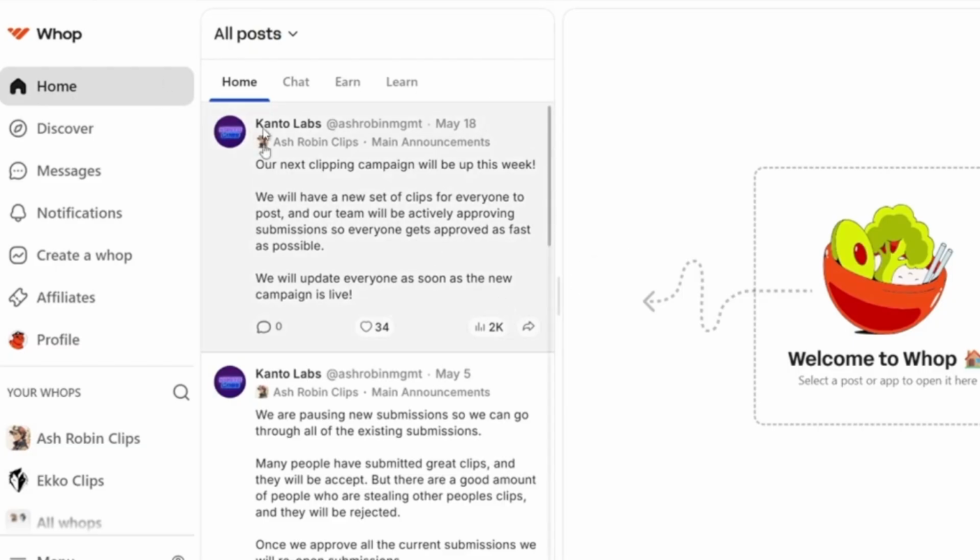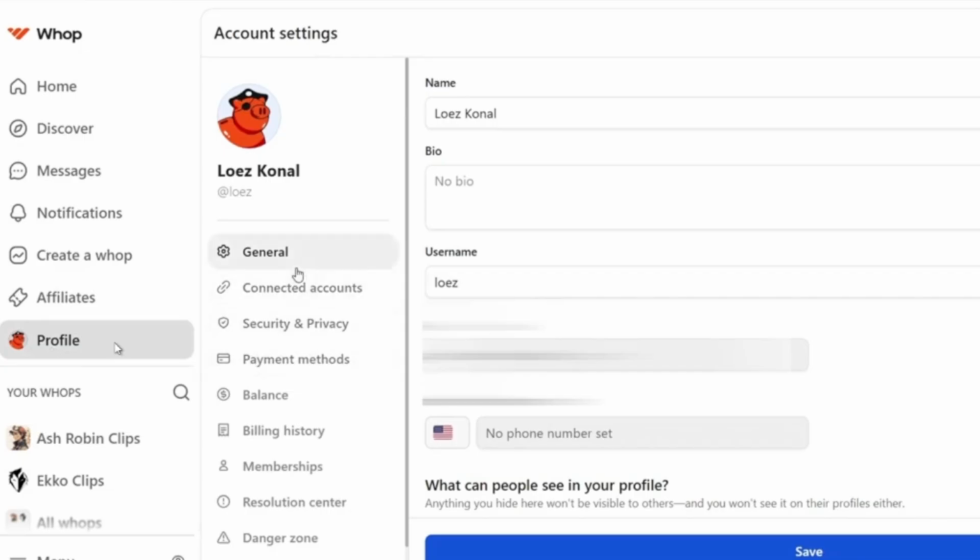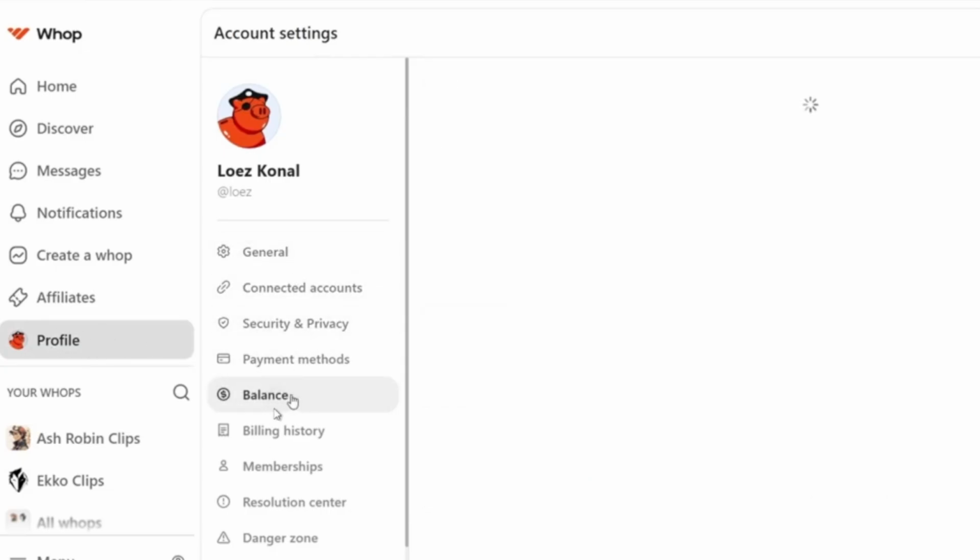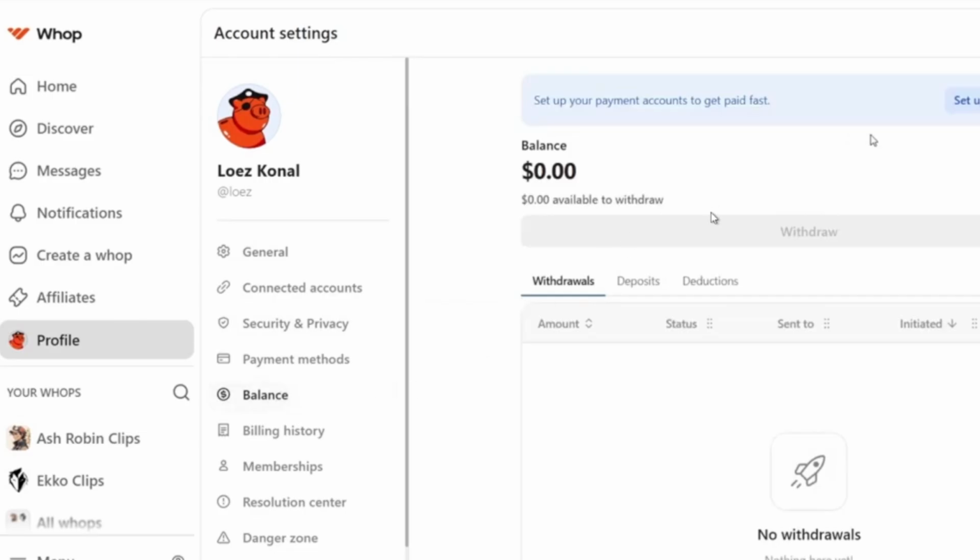For example, here I am in the dashboard. Click profile and click balance. Click.